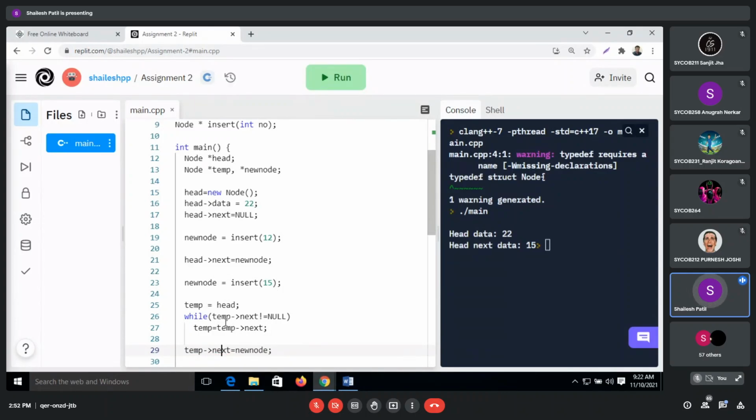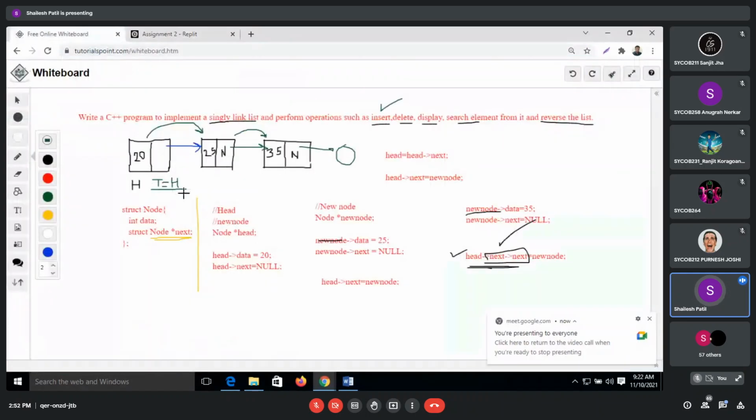So what it will do now, it will go to the first element. Suppose this is my first element, head will be the first element. It will check whether that next is null. Now in this case, it's not null, it is pointing somewhere. So temp will move to the next element. Again, it will check whether that next is null. No, it is not null, one element already added. So it will move to the next element. Now it will check next is null. Yes, next is null, so it will stop over here.